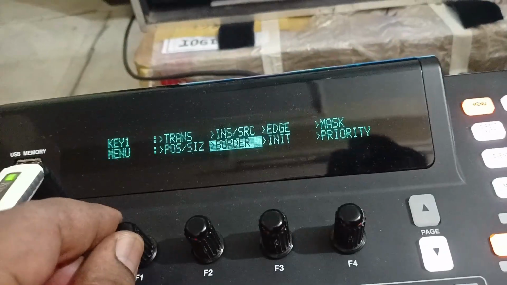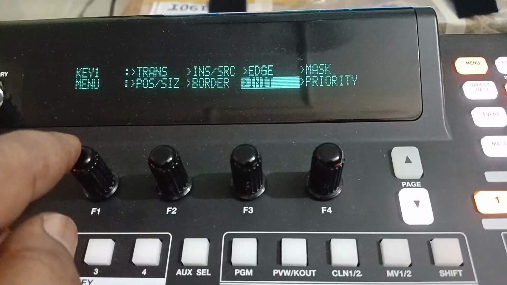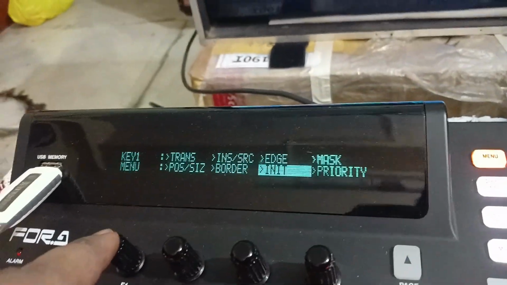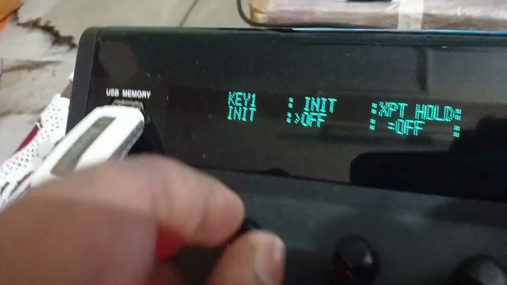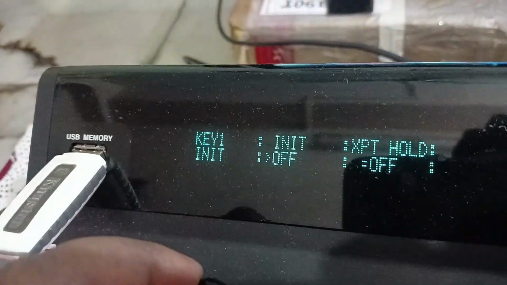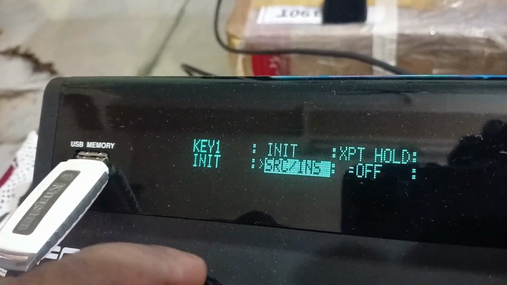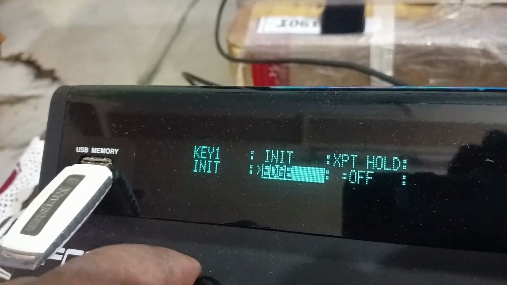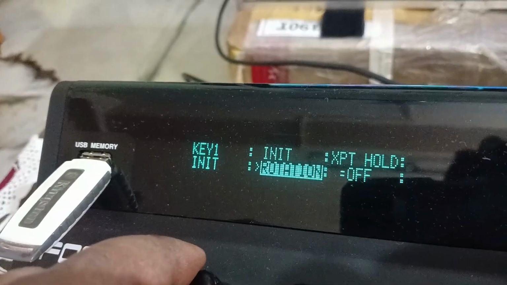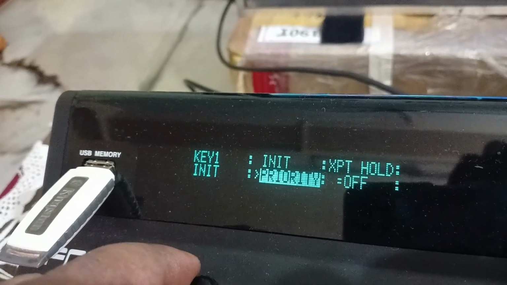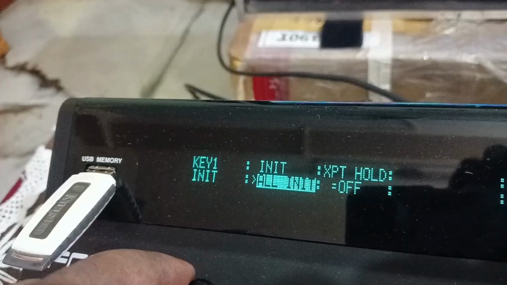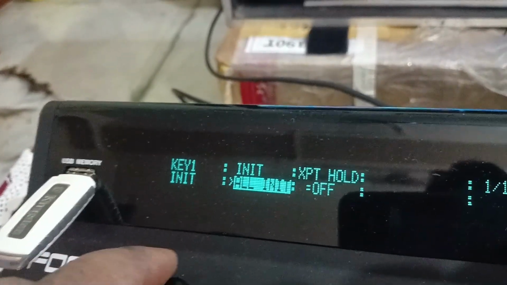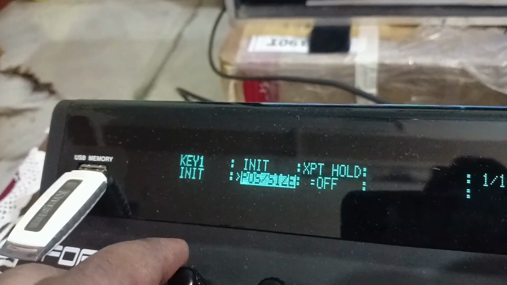Here you can see in the key 1 menu an option init, meaning initialization. Enter. Here you can see initial off, source and input will be initialized, mask will be initialized, edge, position and size, rotation, border, priority, all initialized. So in this way you can initialize your